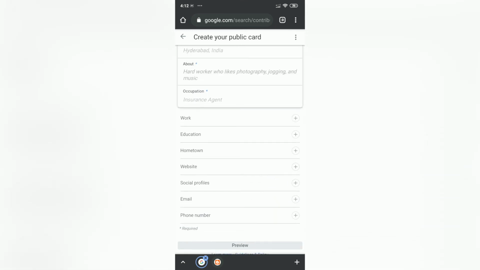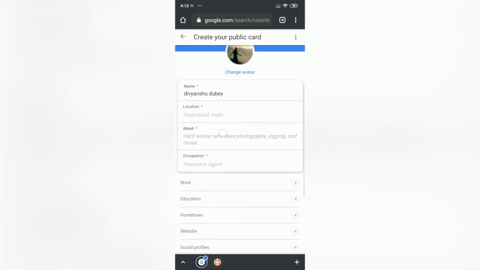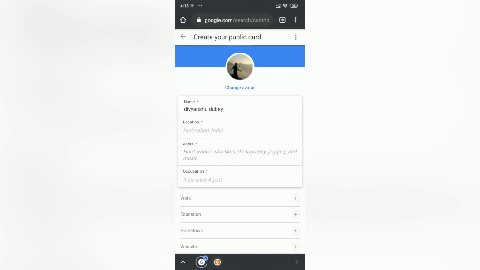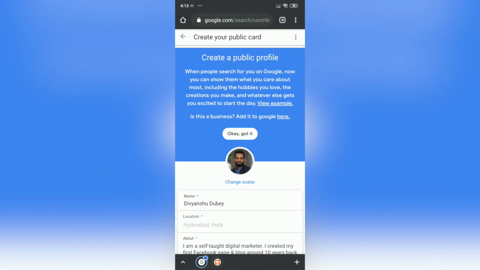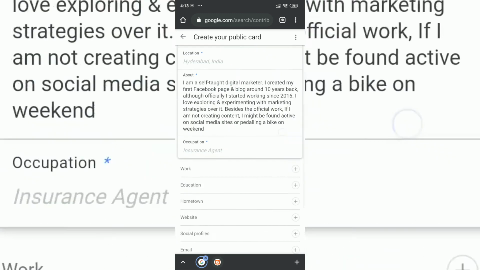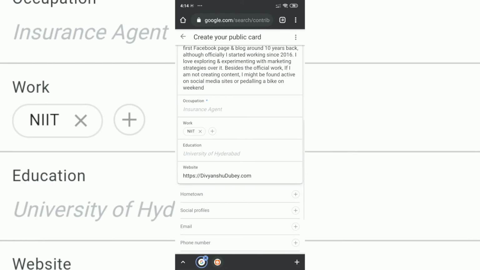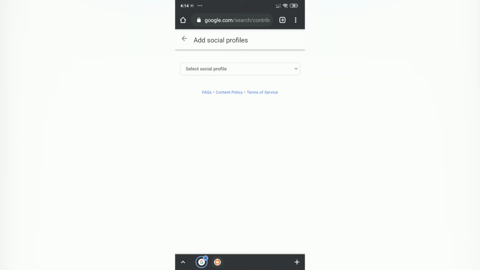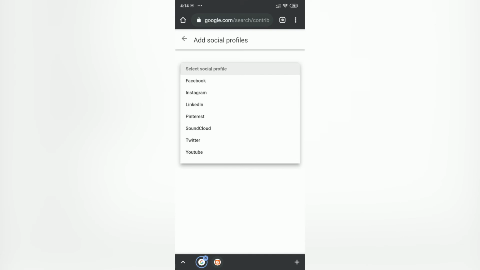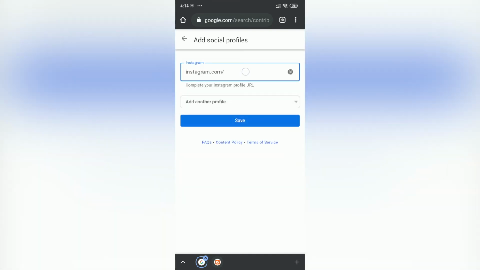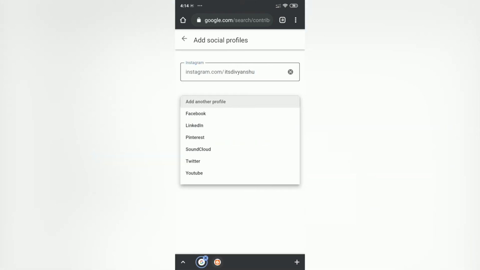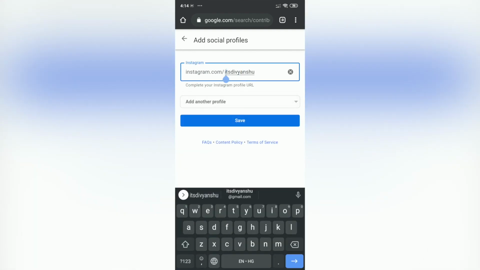Okay, so there is some glitch here. I think the accounts got switched. Let me go back. Let me quickly enter all these social profiles. Instagram. So I'll paste the username. Let me remove this space. Okay, there was no space.